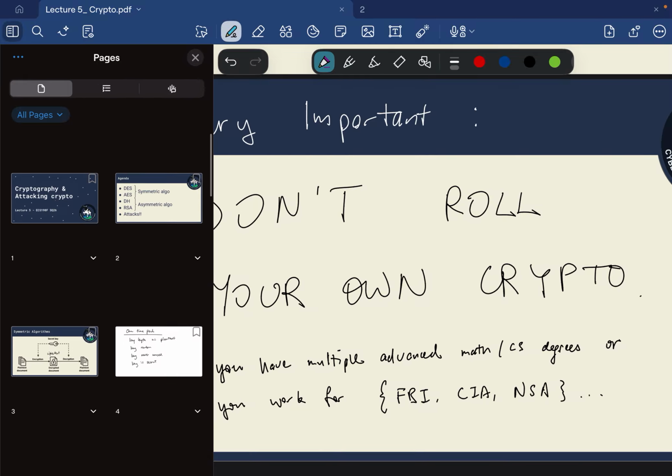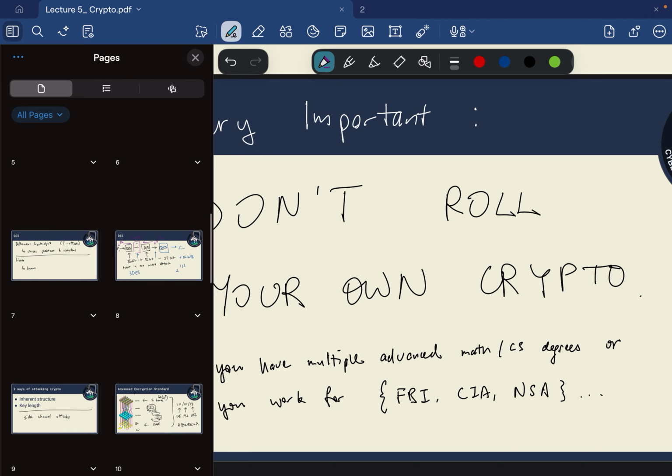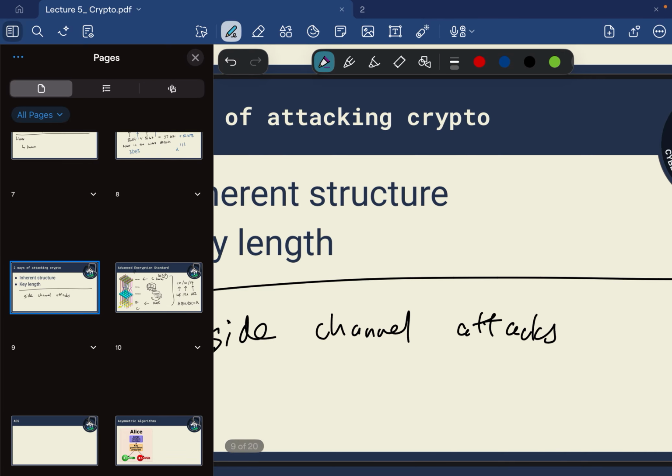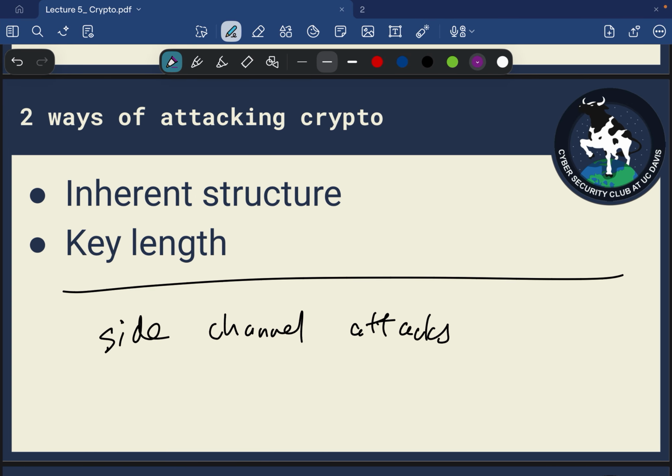If we come back all the way to one of the earlier slides, right? Ideally, when we talk about these ways of attacking crypto, we want to eliminate problems with inherent structure. So we want the entirety of the security of the algorithm to be reliant on the key length. And if you do your own cryptography, like we've shown, just because you add 2 DES algorithms doesn't mean you effectively double in security. That's not what's happening. And so it's very important that these crypto algorithms get vetted by the NSA,